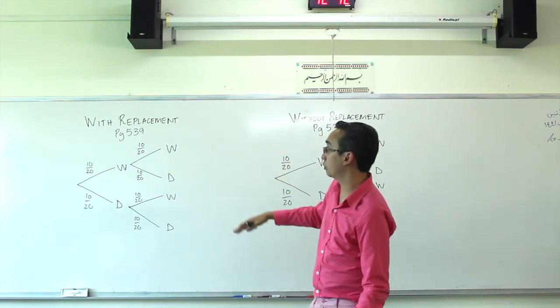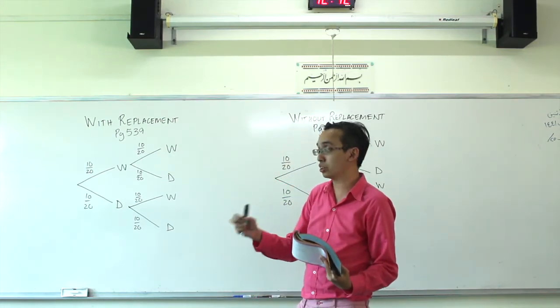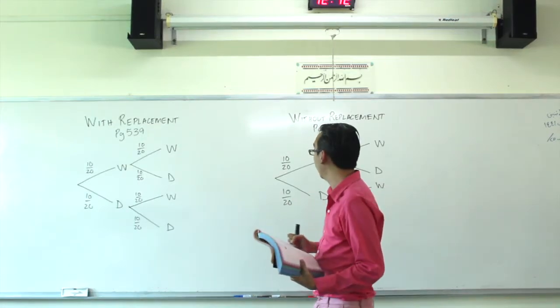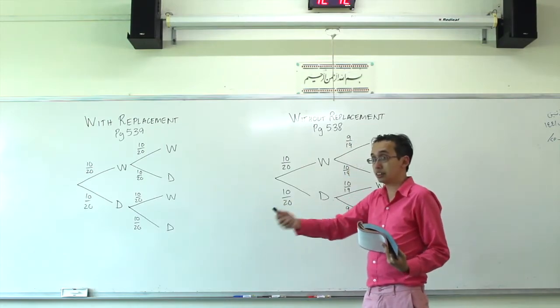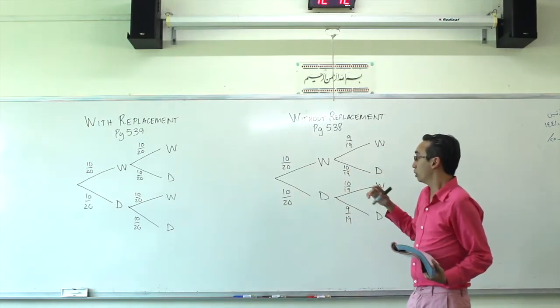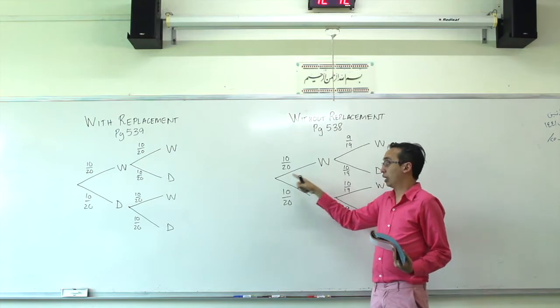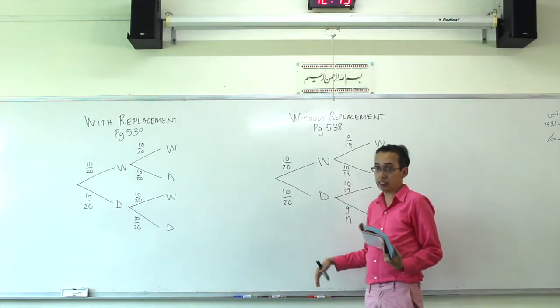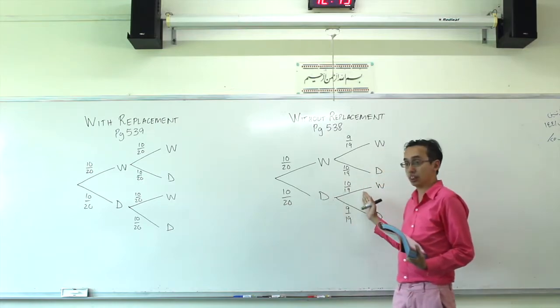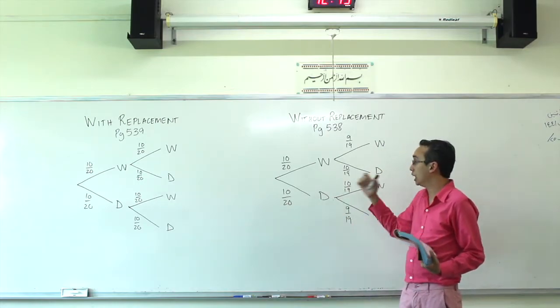Let's run through this. When we say that we take 2 at one go, that is without replacement, because you didn't put it back, you just take 2 at one go. So the probability that the first one is white is 10 over 20, or the first one is dark is 10 over 20. But when it comes to the second one, since you didn't replace it,